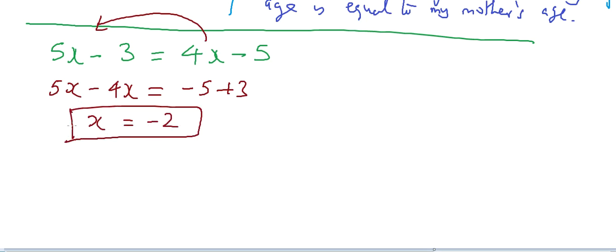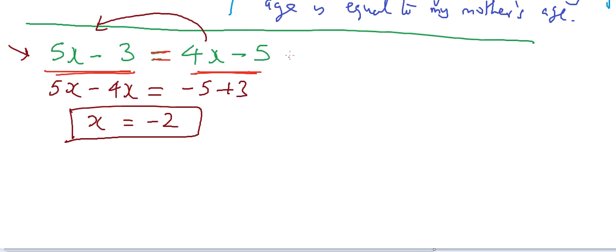Okay, how to check whether the solution we got is correct or not? Or is this a solution to this equation? So for that you substitute this value in the given equation and see whether both sides match. So in this equation, see, there is an equality sign here, equal sign, and there are two sides here. This is the left side of the equation. This is the right side of the equation. So the left side of the equation is called LHS.